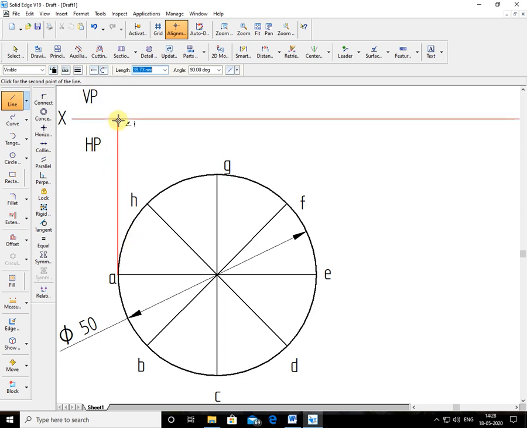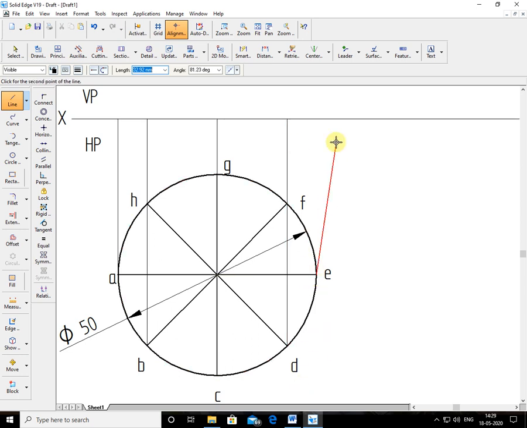So A is there. B and H come in the same line. See, B and H come in the same line. You can project from here, from B also, from H also. Okay, I'll project here. So C and G come in the same line. I'll project here. And D and F come in the same line. I'll project from D. So F comes in the same line. This is here. Then E I project. This is the E point.